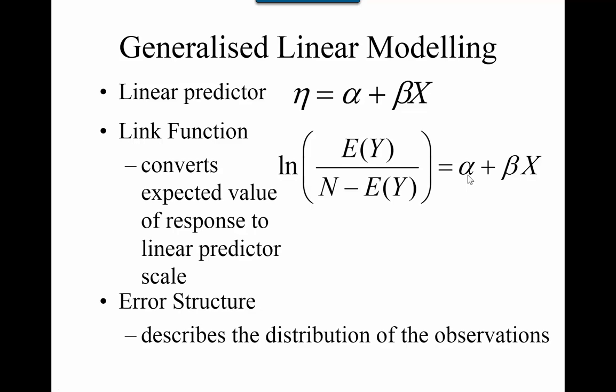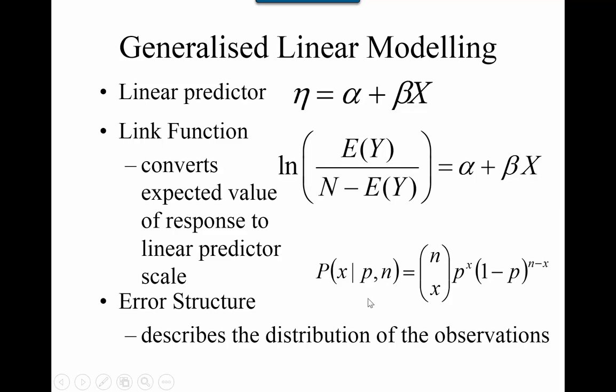Then the second thing we need to move from linear models to generalized linear models is we now have to allow for our observations to have a distribution other than normal. And so in this case, our observations are binomial. So p and n together give us the expected value of the y, but this distribution